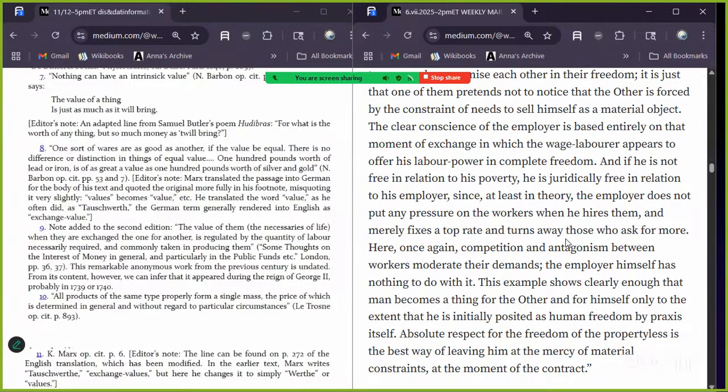This example shows clearly enough that man becomes a thing for the other and for himself only to the extent that he is initially posited as human freedom by praxis itself. Absolute respect for the freedom of the propertyless is the best way of leaving him at the mercy of material constraints at the moment of the contract. So,